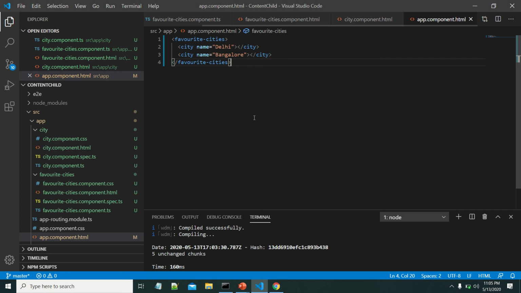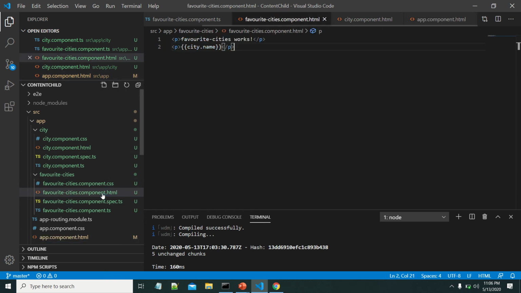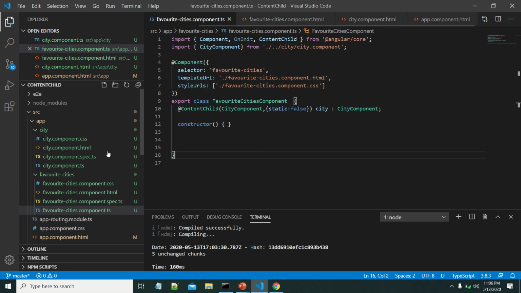Okay, now city component is projected multiple times. If you want to loop through each component, and if you want to take the properties of this city, then you have to use content children. Let me modify that. In place of child, we need to use content children.